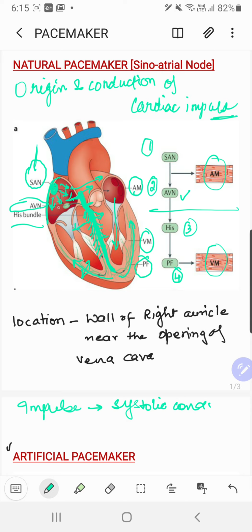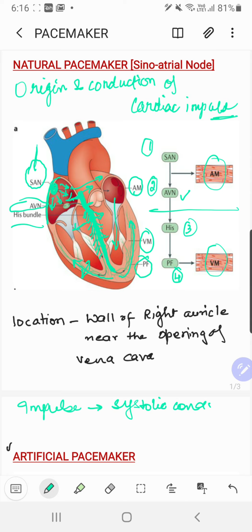Similarly, here a few muscle cells act as the SAN so that the heartbeat can be generated by an electrical impulse. The cardiac impulse and the nerve impulse are both electrical in nature. Right, children? But sometimes, due to aging, the weakening of the heart, some disease in the heart, an overweight condition, or high blood pressure, so many things are there due to which the rhythmicity of the heart is distorted.